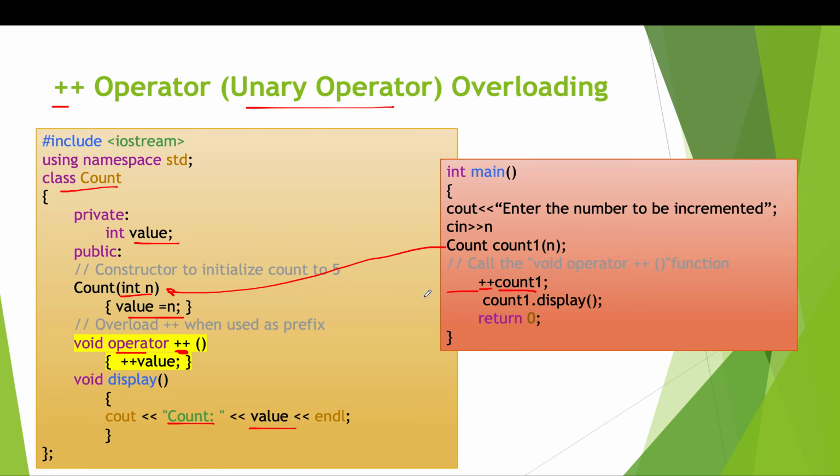So with this, what will happen? This will be called. If you see, we have applied plus with the object, and what we are incrementing is a member variable. So if we write plus with the object, this function will be called and the member variable of the object will be incremented. So this was a simple example.